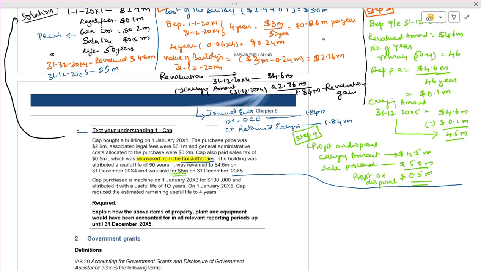The question says the company purchased a machine on 1st January 2003, and its useful life is 10 years. On 1st January 2005, after 2 years, they reduced the estimated remaining life. Previously it was 10 years. Now it has been reduced to 4 years. Fine. Now,